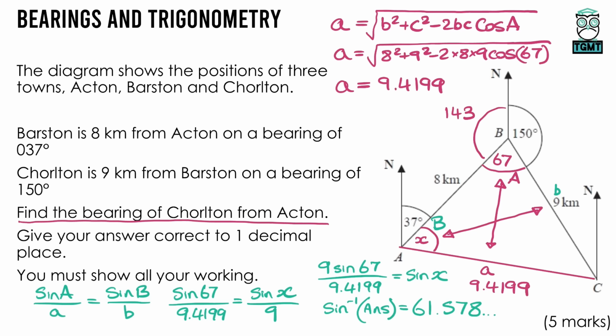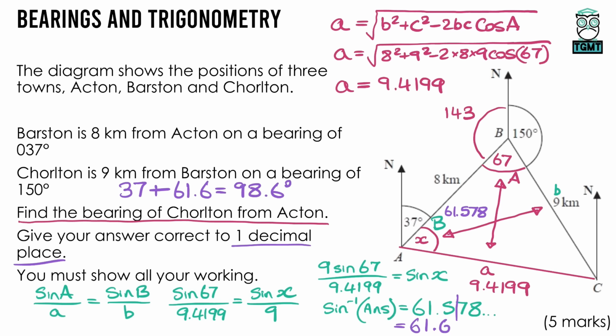Now this question wants our answer to one decimal place, so we're going to need to round it anyway, but I need to add this angle, the 61.578, onto my 37. Now I may as well round this number, and that's 61.6, as it wants it to one decimal place. So if we add that to the 37, let's have a look. So 37 plus the 61.6 that gives us a total of